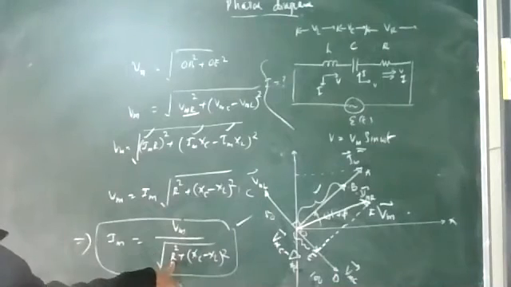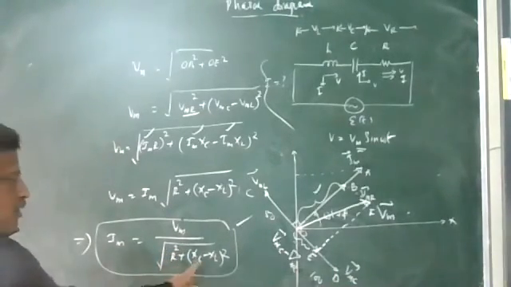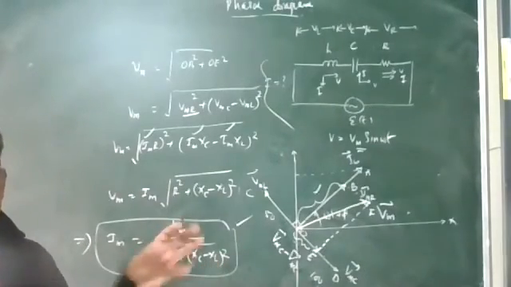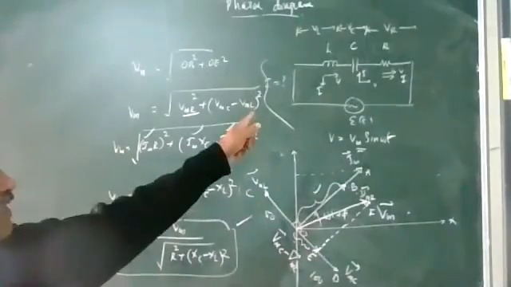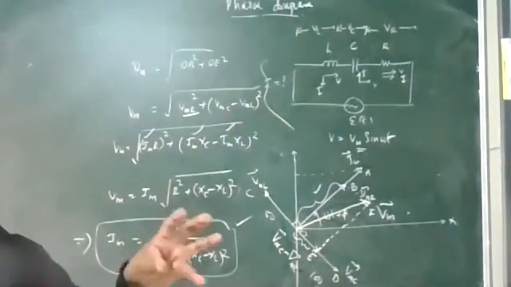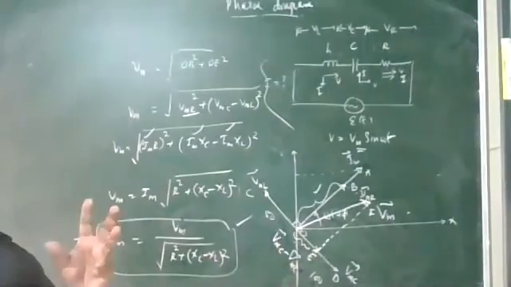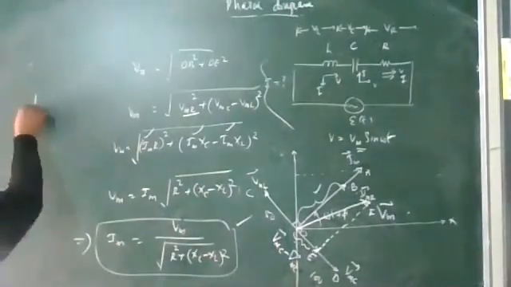Voltage divided by something gives the current. So what is that factor? Under root R square plus XC minus XL whole square will have a resistance dimension. So it is the resistance offered by inductor and capacitor together to AC. It is the resistance offered by the LCR circuit, total resistance